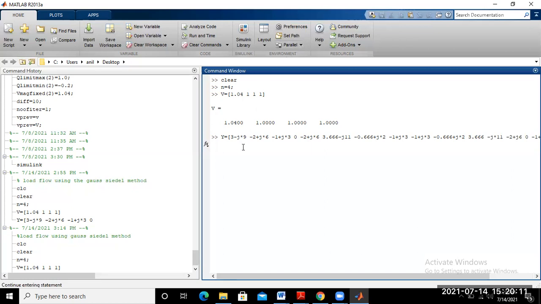So this is your Y11, Y12, Y13, Y14, and this one is your Y21, Y22, Y23, Y24. Okay. Similarly, Y31, Y32, Y33, Y34. So this is your admittance matrix representation. Next we just write here